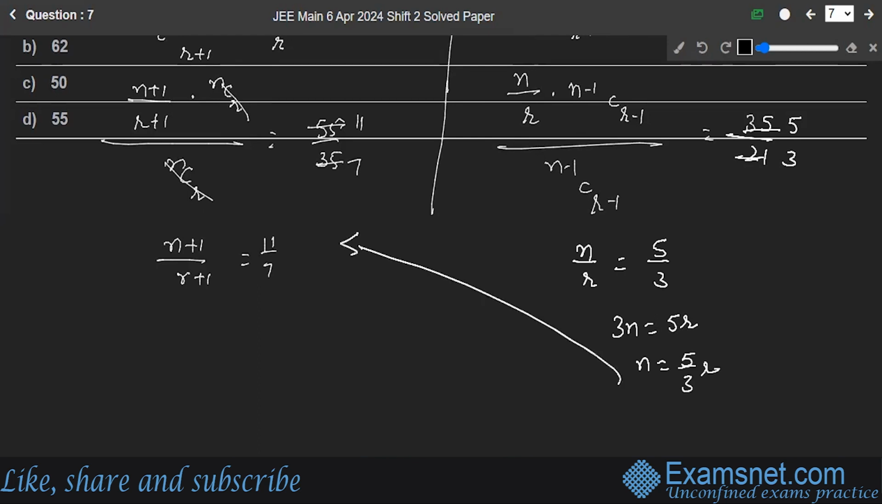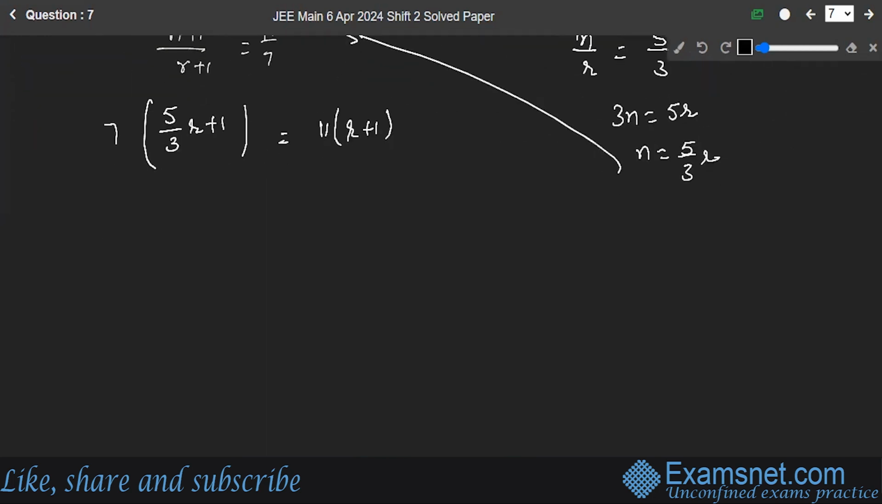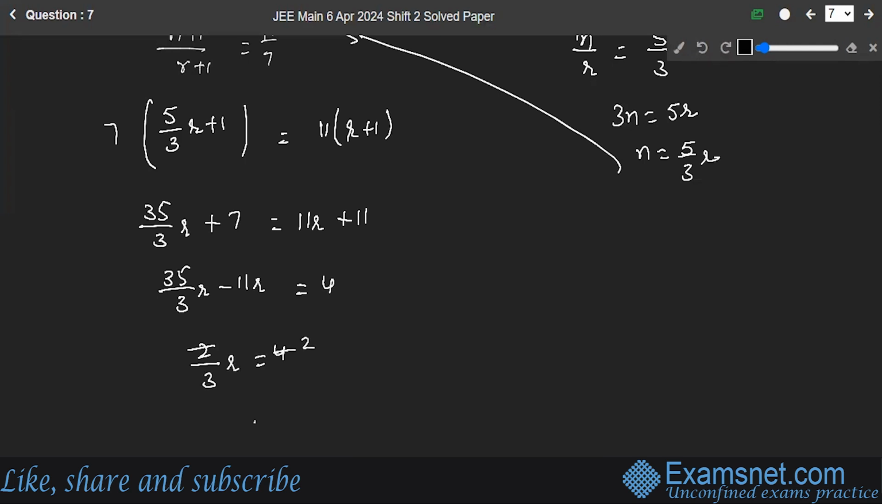Let's fill this n over here. So you have (5 upon 3 r plus 1) into 7 is equal to this. Or you have 35 upon 3 r plus 7, 11r plus 11. Or this is 4, and 2 upon 3 r is equal to this, r is equal to 6. And you will get the value of n. It comes out to be